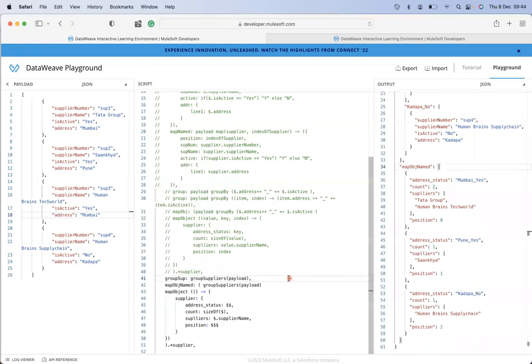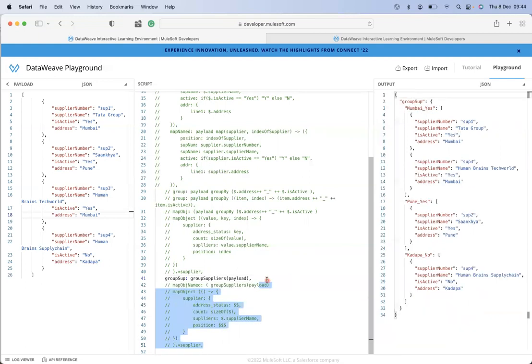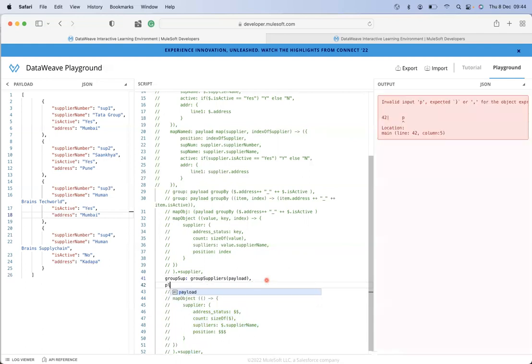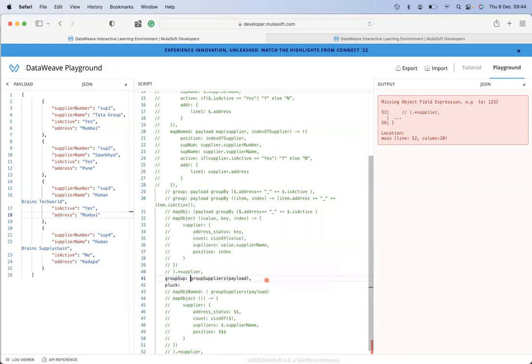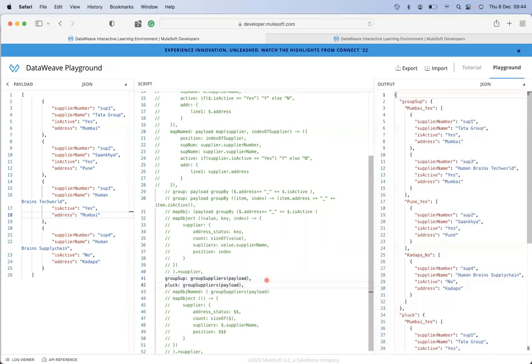And now we have one more operation, the pluck operation. By using the pluck operation, it is going to provide a result in array format, and it will accept the object as input. So I'm going to comment this map object, pluck. We will use group suppliers. So from the group suppliers,